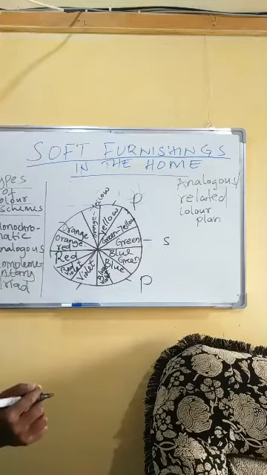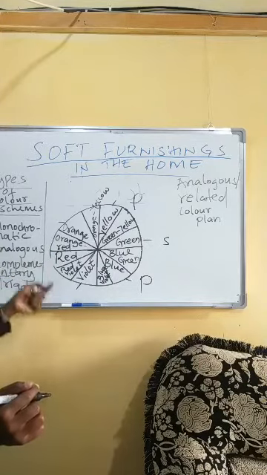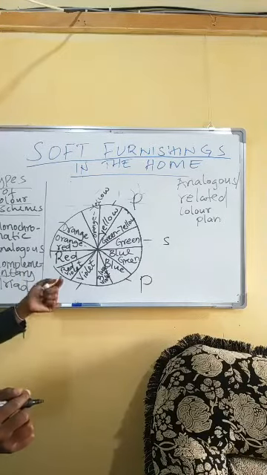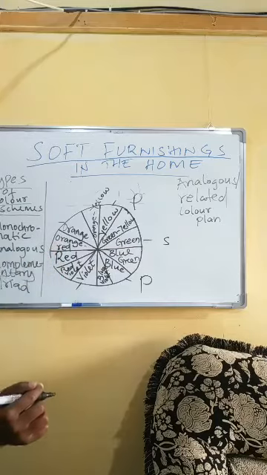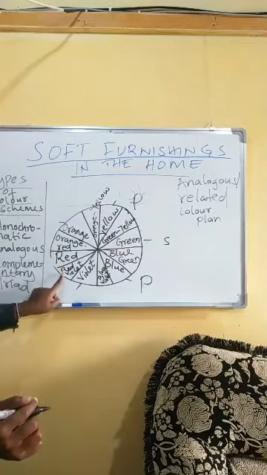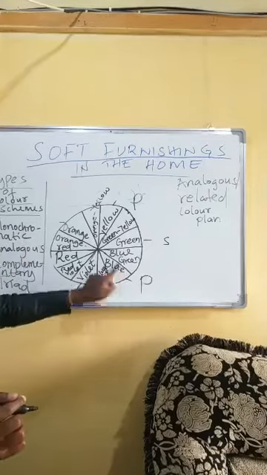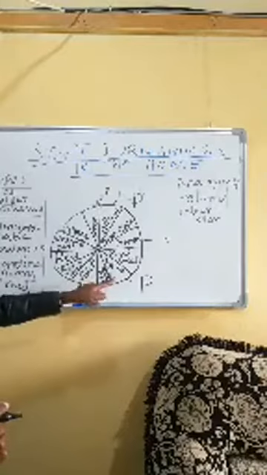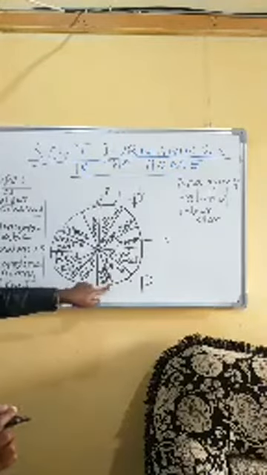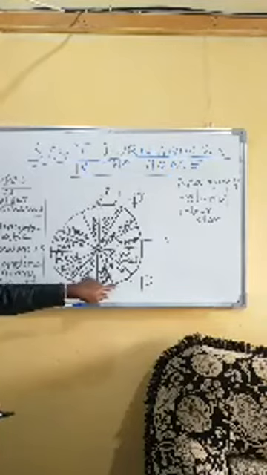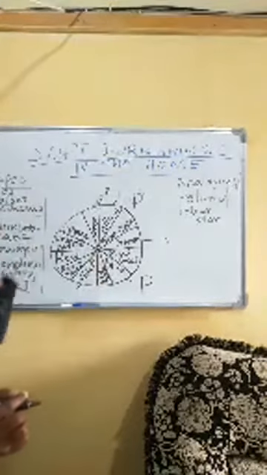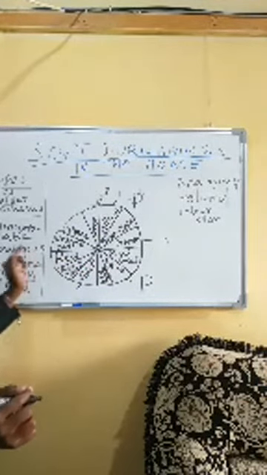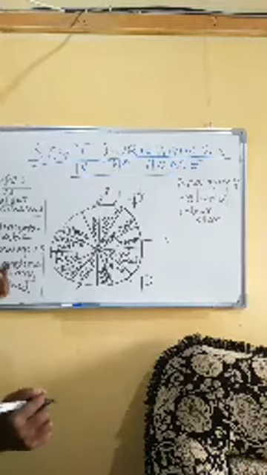So for example, if you want to use red, you can choose to use red violet and orange red. So those three are next to each other. If you wanted to use blue, maybe you can go with blue, blue violet, and violet. Or you can just decide to go with blue and blue violet. So you use two or three colors that are next to each other on the color wheel. So you can play with that.